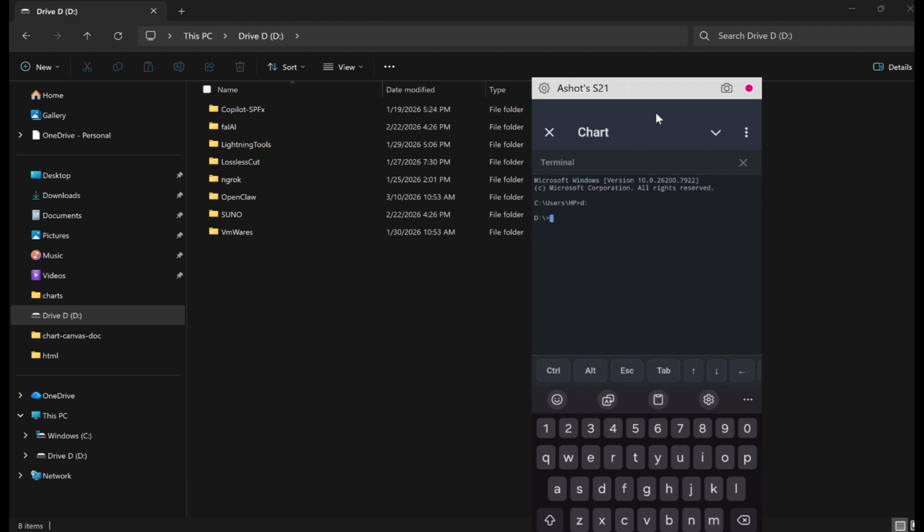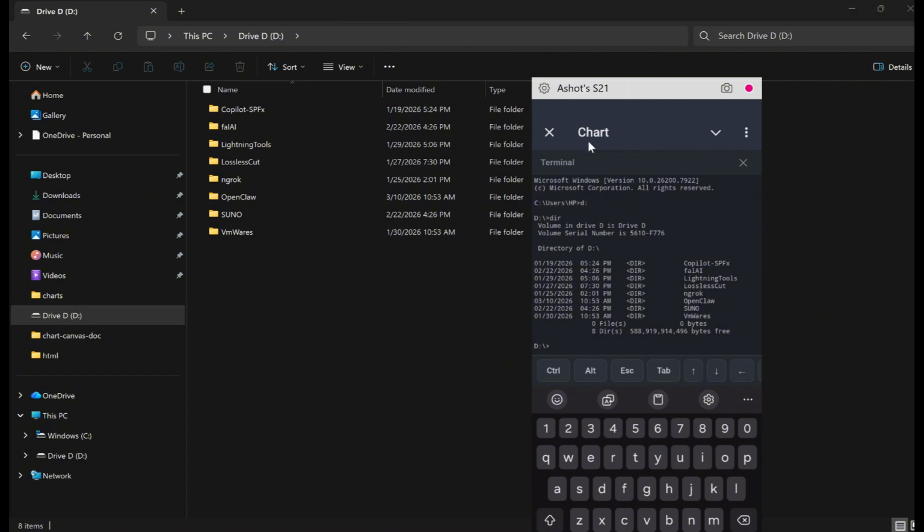So I'm running the dir command. As you see, this is my D drive, which I can also access from the terminal inside the Telegram. You can see there is